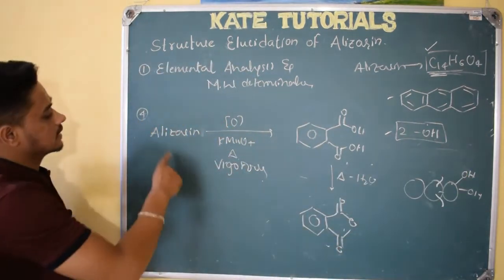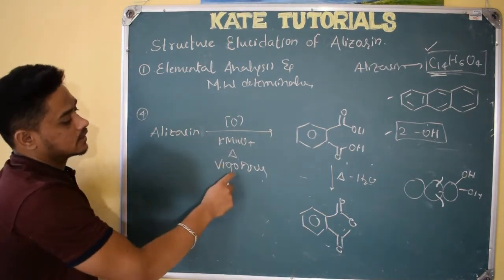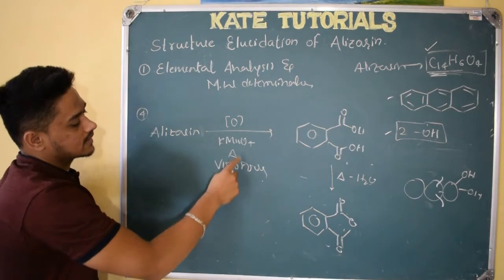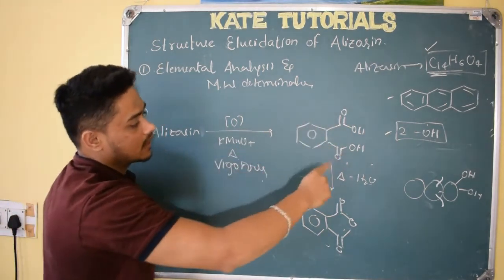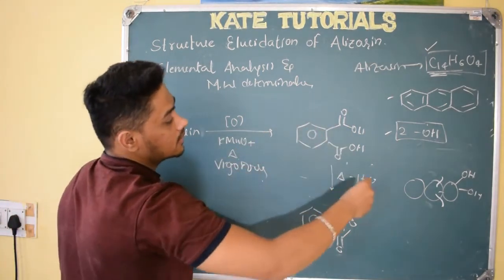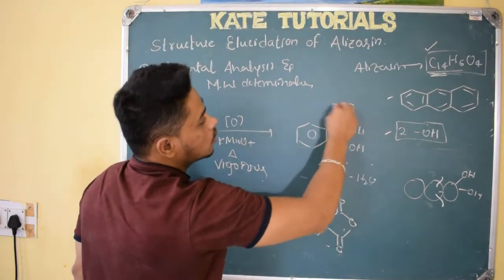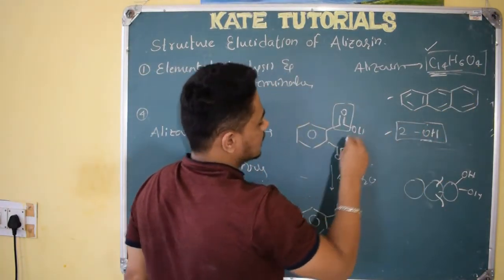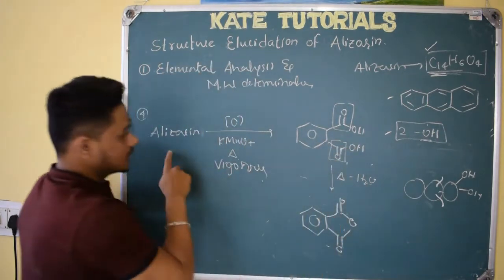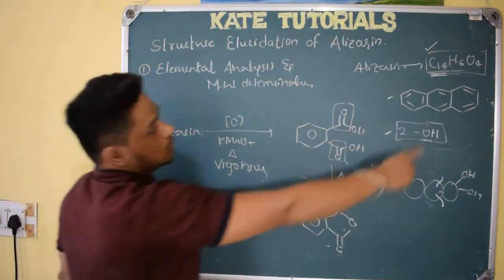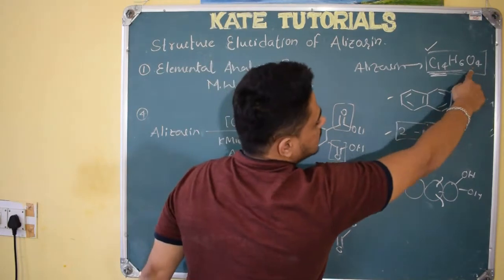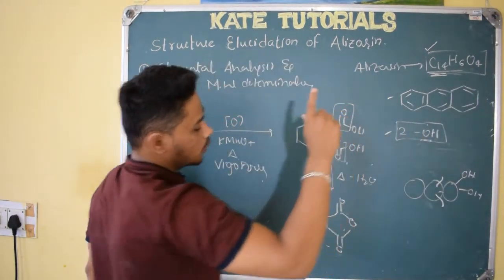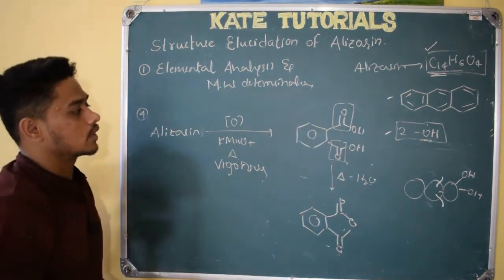And also this reaction is very important. Alizarin, when we do strong vigorous oxidation, it gave this, right? So it will account for these other 2 oxygens. Here I accounted for 2 oxygens as 2 OH, and the other 2 oxygens are there. This reaction will account for that. So two oxygens are like OH, and the other 2 will be like C double bond O, C double bond O, right? So these are the few conclusions.